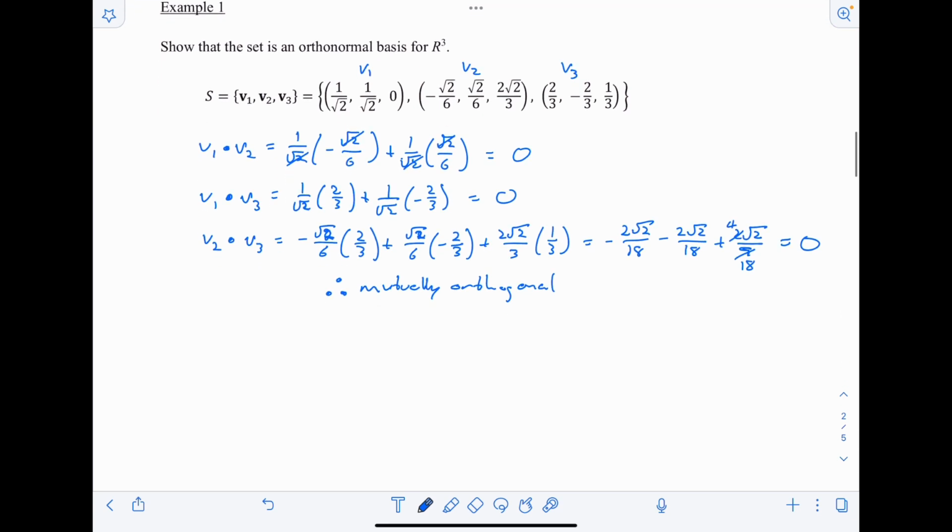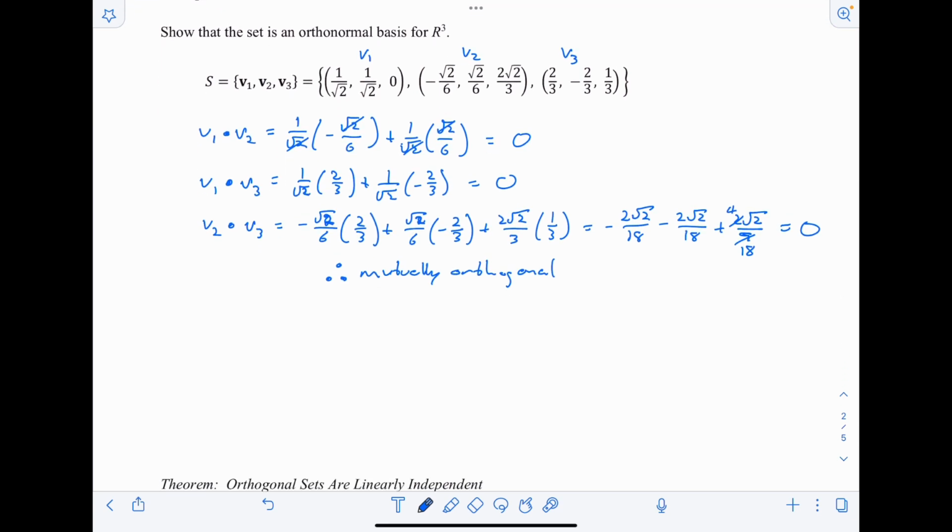Okay, so now we need to go through and find their magnitudes. Nobody said this was going to be easy. It's sometimes just kind of tedious work to go through this. But the magnitudes, so for V1, if I just square that, remember we're doing the square root of each part squared. So if I square that, that's going to be 1/2 plus 1/2 plus 0. So the square root of